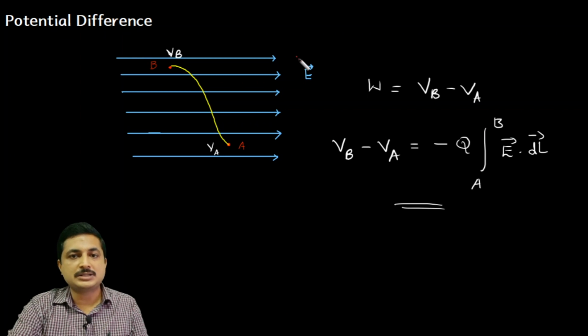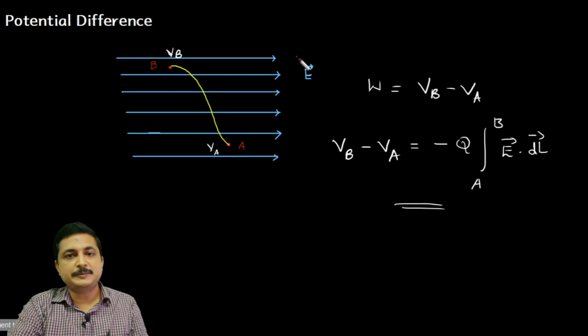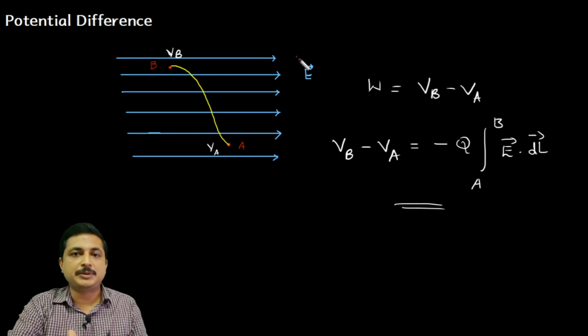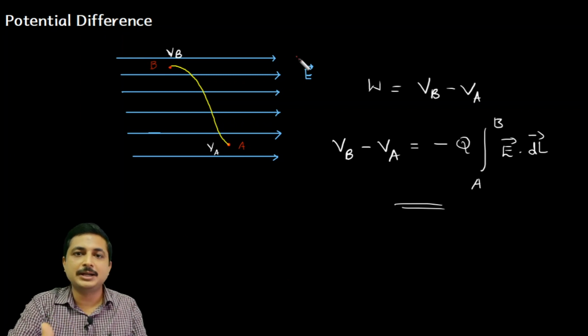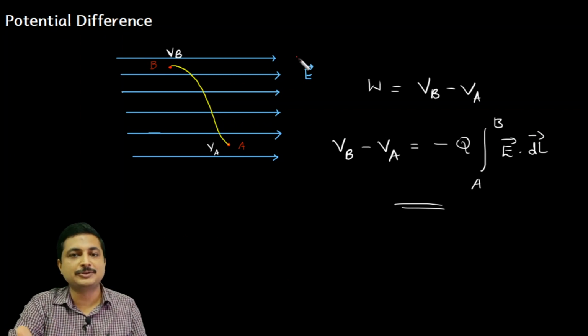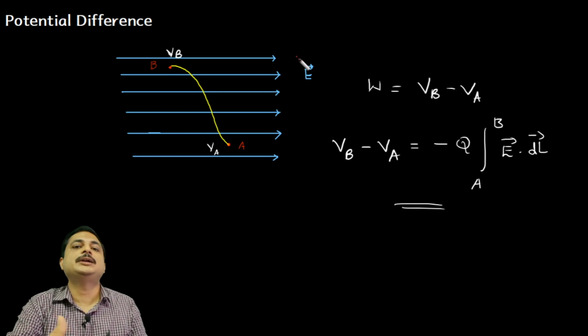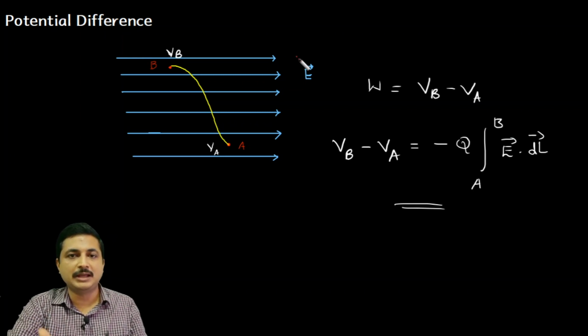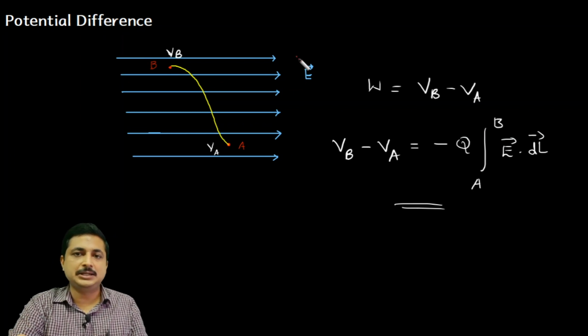Now we have to consider one more case. I have considered the electric field as non-uniform, right? What if the electric field is uniform? Now this particular discussion can be easily adapted to any condition, because we have already derived it for a non-uniform electric field, so it should not be a problem. If we had done it for a uniform electric field, then it would have been a problem, because if somebody asks you about a non-uniform field, you will not know how to derive it. Now we derived it for non-uniform, we can easily extend it to a uniform electric field.